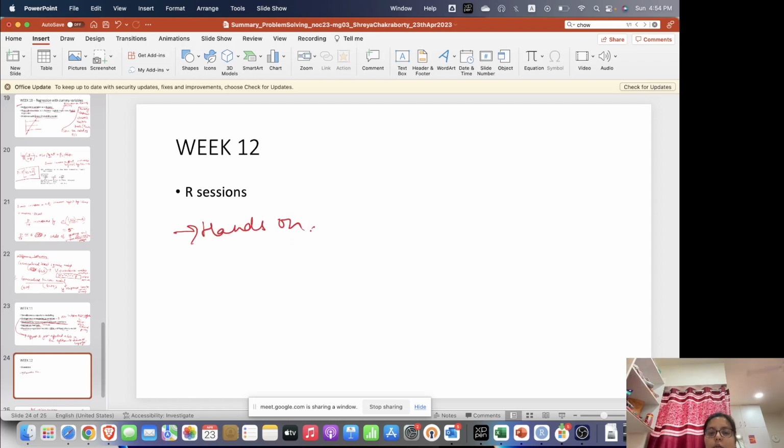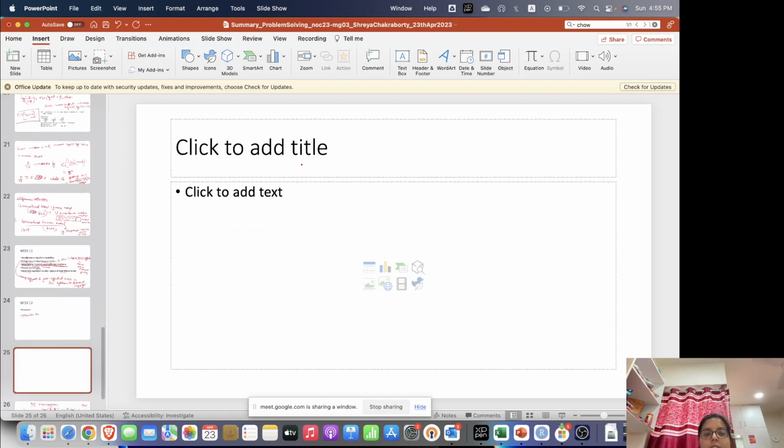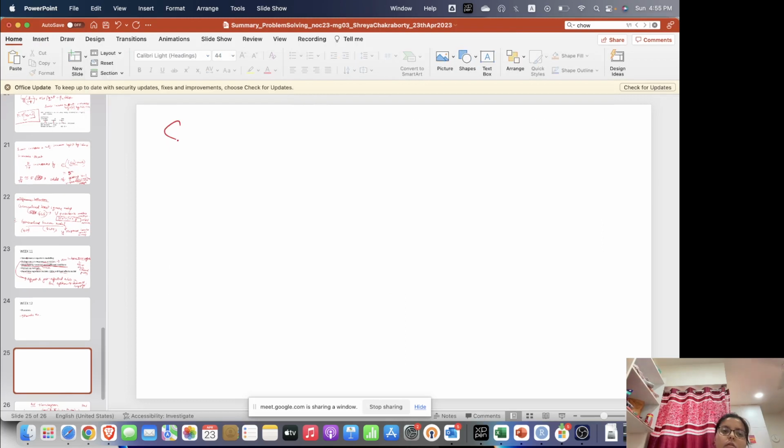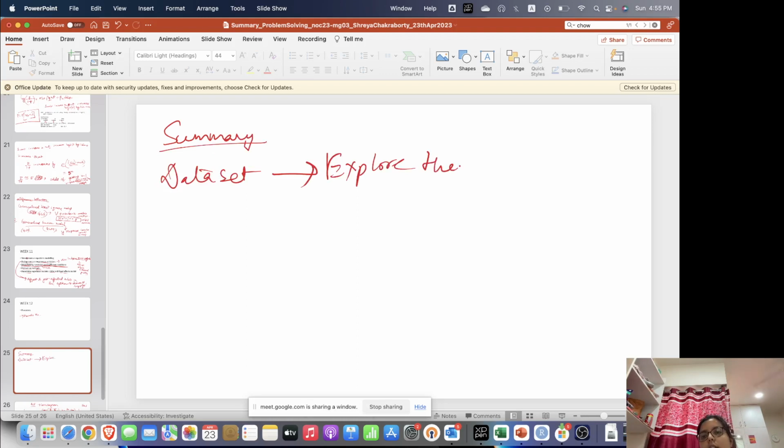Okay, we learned a few commands and how to go about it. First things first is to plot. In order to summarize whatever we have done so far, if we have a data set at hand, as a final summary, what I can say is that the first thing is to explore the data set